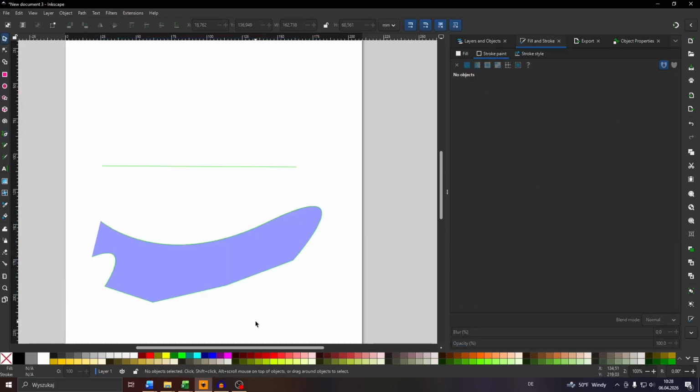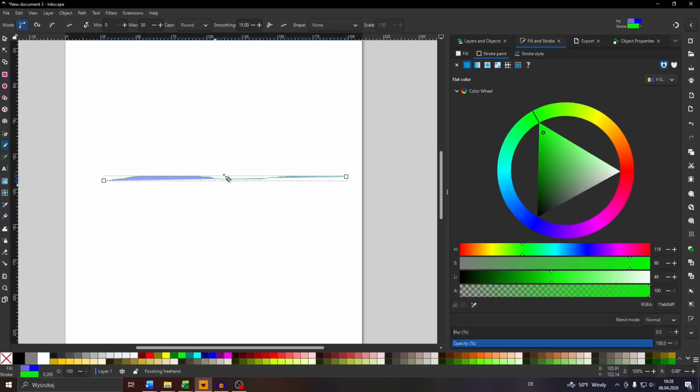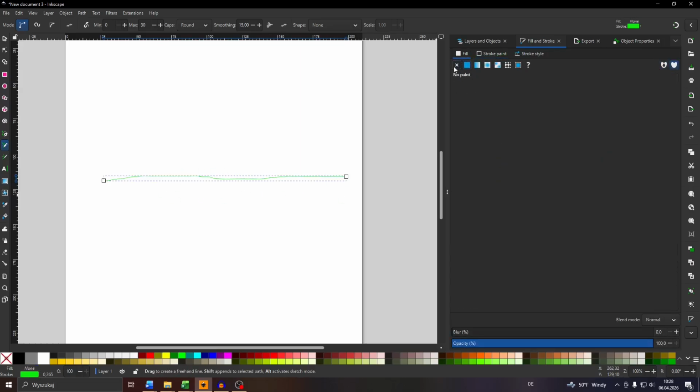Let me remove these shapes and lines here. Show you option number 2. Option number 2 would be to use the pencil tool on the left hand side if you like to draw manually. However, guys, if you do this, your line won't be exactly straight, right? I mean, let me just remove the fill color here. It's not that simple. So you may try, of course, if you like, but I personally prefer the pen tool